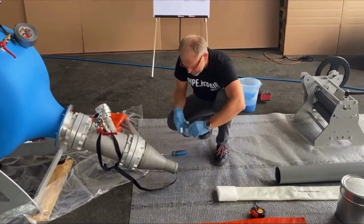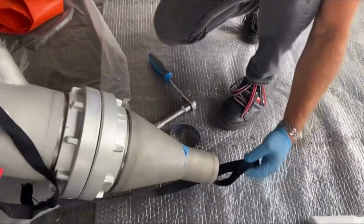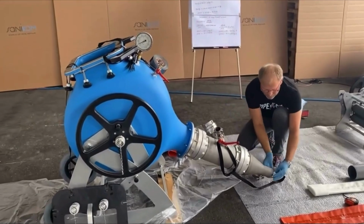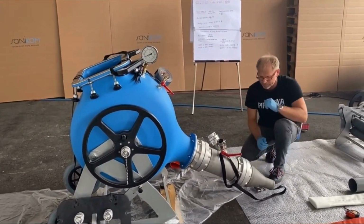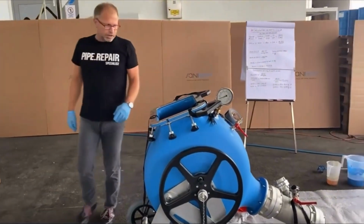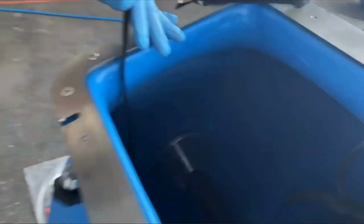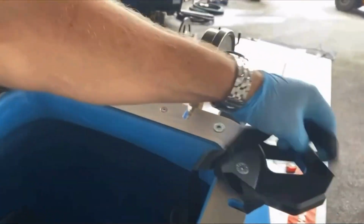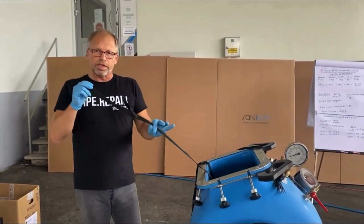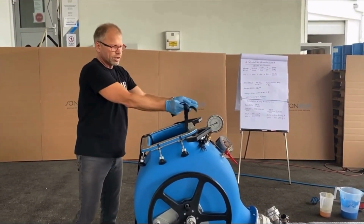Then I need the clamp, I need the tool to fix it, and I also pull through a rope, because when I wind the liner into the drum, I need to pull through the liner to this end so that I can easily close it here. That's the reason why I put in a rope like that. You can see here is this one rope which I pulled through, and there is the other rope which is connected to the drum. This end I connect to the liner and then wind the liner into the drum, pull it through, close it in the front,